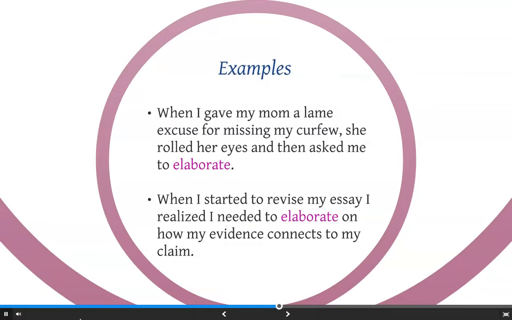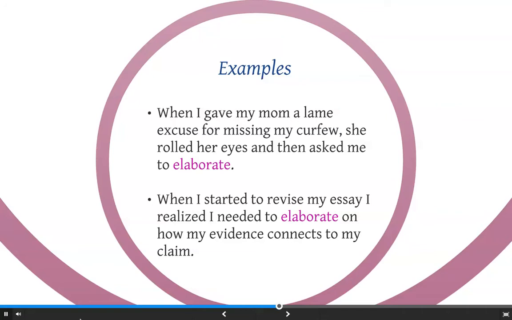Here are some examples of the word elaborate. The first one is, when I gave my mom a lame excuse for missing my curfew, she rolled her eyes and then asked me to elaborate. In this case, the mother is asking the child to give more details or information about the reason for missing